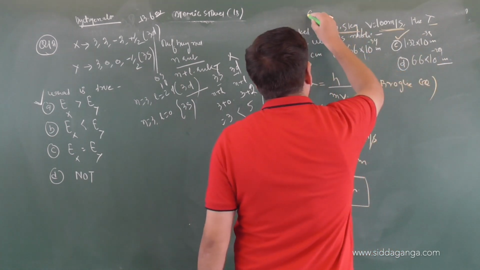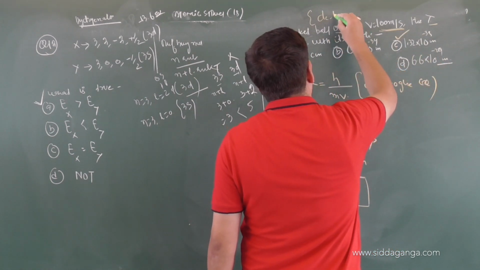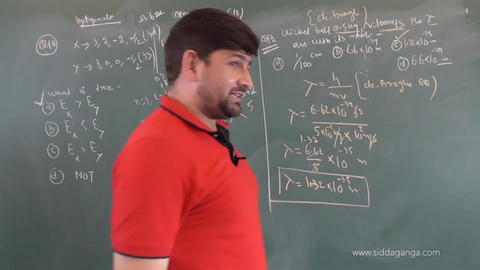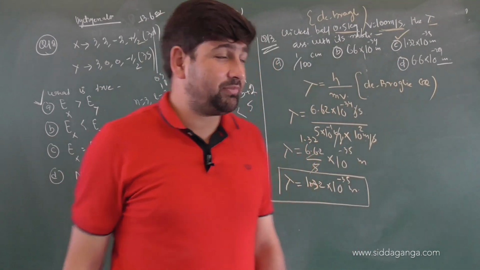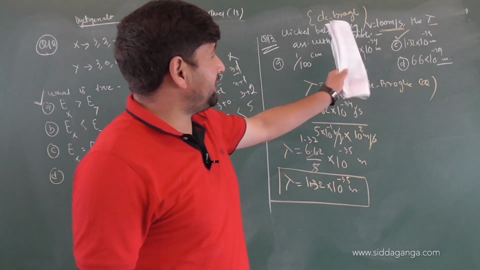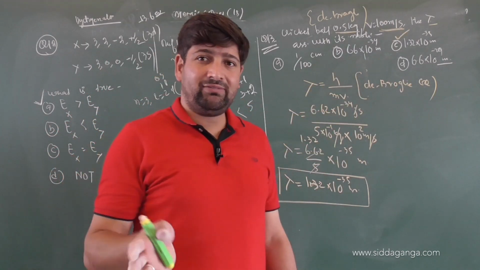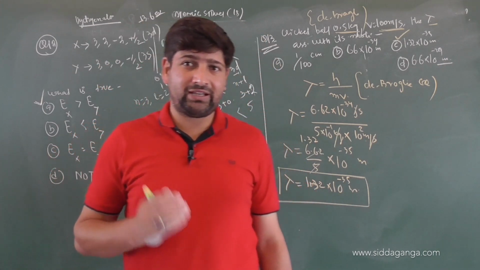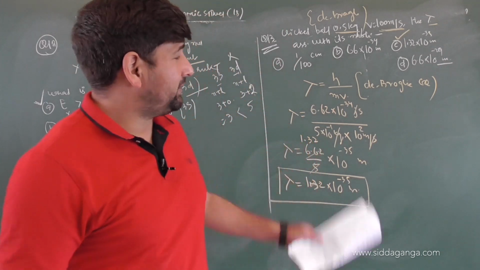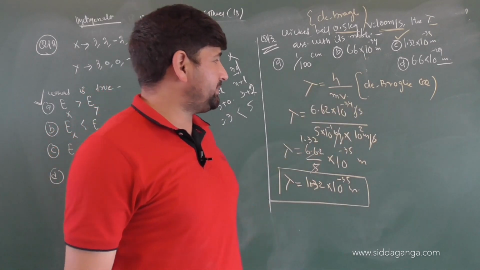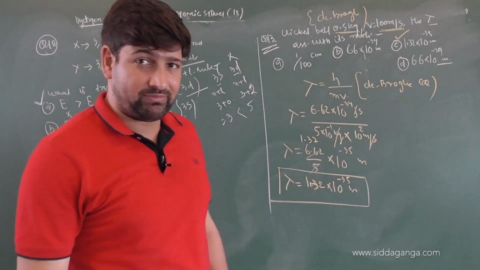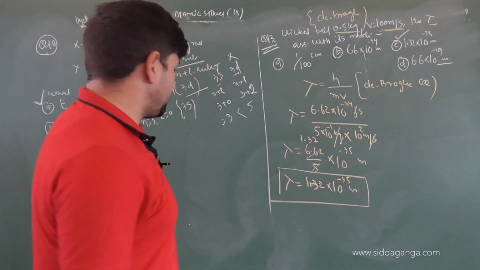So we have used what? De Broglie's equation. As I mentioned many times, there is nothing to memorize here because we are finding the wavelength associated with a moving subject. Wavelength, velocity and mass for a moving subject, microscopic or macroscopic, are related by de Broglie's equation. So lambda equals h by mv. mv is the product of mass and velocity, that's momentum as well. Right? Did you follow it or not? Very good.